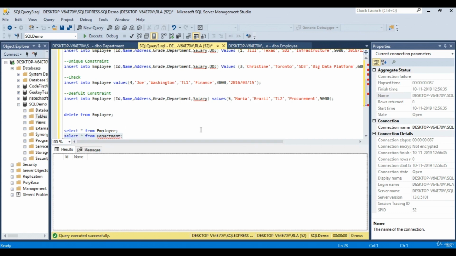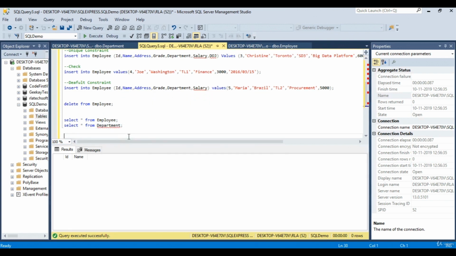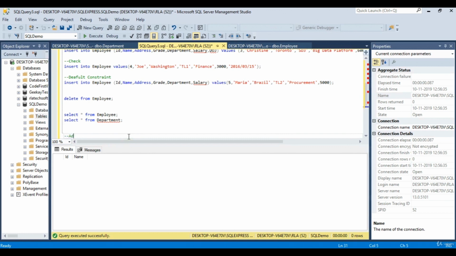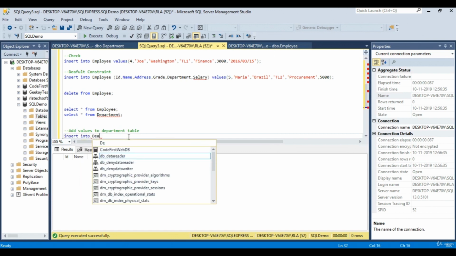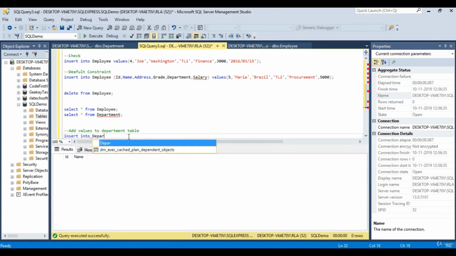So what we will do is, first we will add the departments. So here I'm going to add values to department table. So again, insert into department values 1, big data,